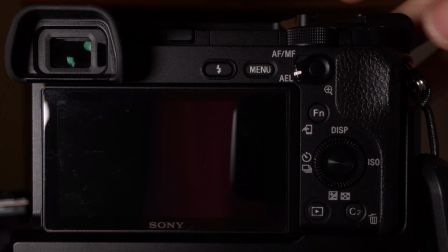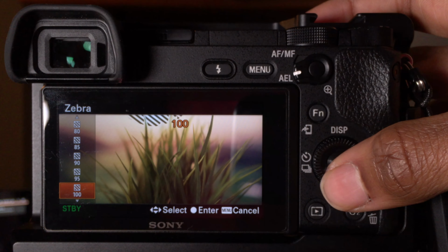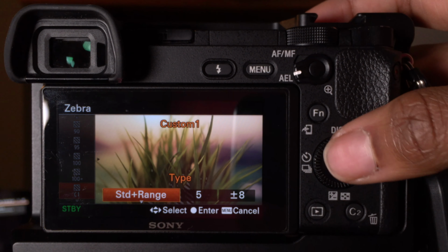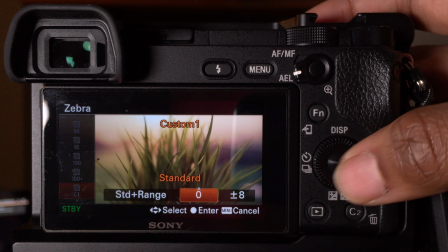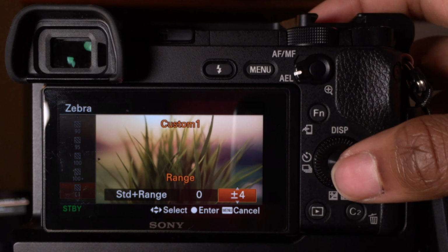So now for the in-camera settings. All you need to do is find the zebras option and then set one of the custom slots to standard plus range. For standard we set this to 0 and then set the range to 4, and that's all for the camera settings. For setting the exposure we need to look at the scene with our eyes without the camera,